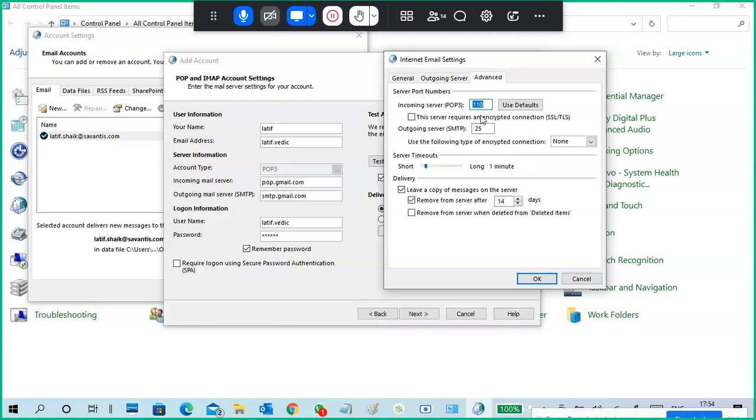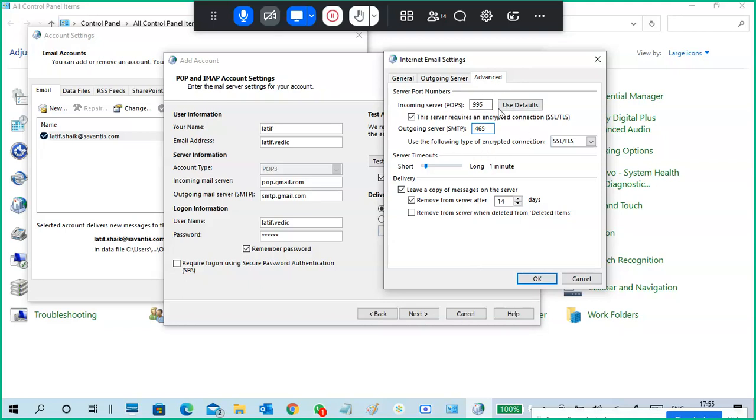Next, go to advanced. See, POP3 automatically shows 110. If I want SSL, it automatically becomes 995. For SMTP, you need a secure connection like SSL or TLS, and use the proper port like 465 or 587. Click OK, and the port numbers will be configured at this place only.